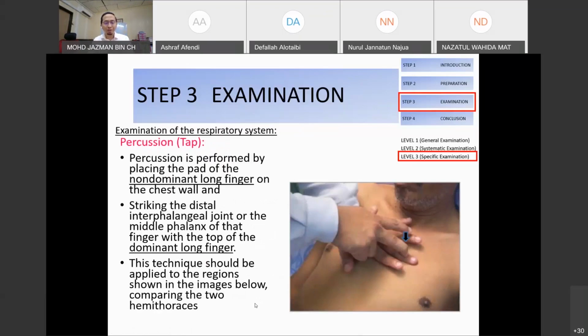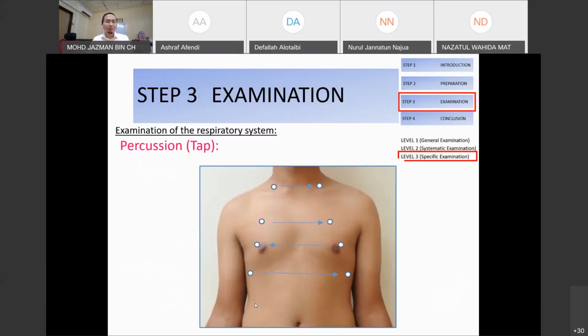So always remember, you need to apply the percussed hand firmly on the patient's chest wall. Okay, and when you strike with your other hand, you need to use the wrist movement. Okay, start practicing now. So where do you percuss? In a crossing over and downward manner. All right. So in this picture,